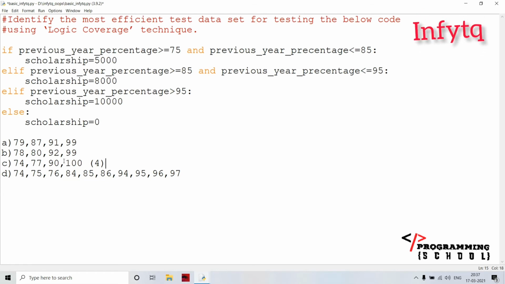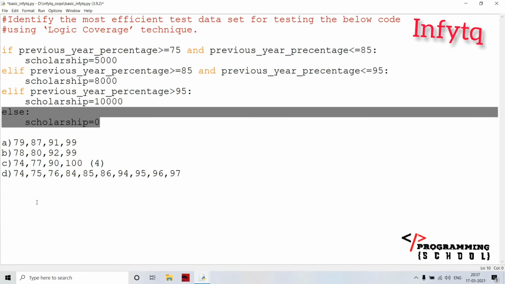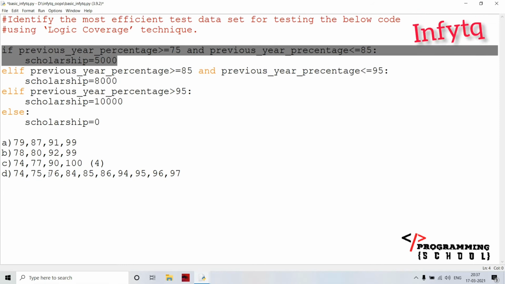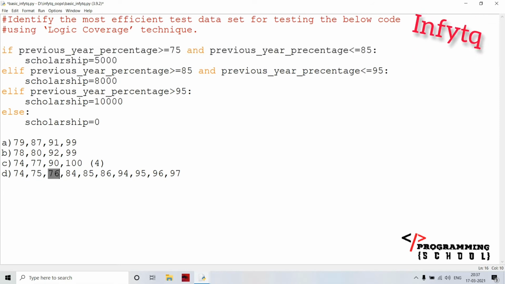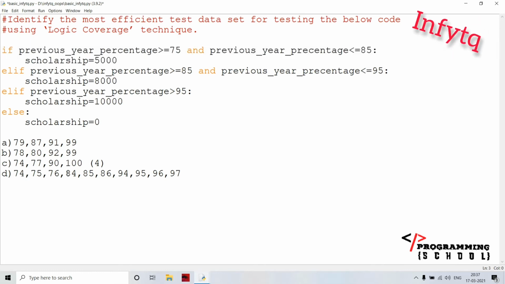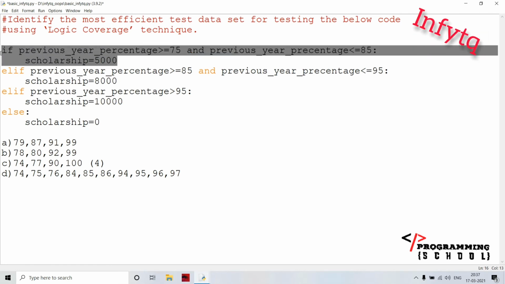Okay, now moving on to the next one. With 74, I am going to check the else part. Okay, with 75, I am going to check this case. With 76 also I am going to test this case. And 84, 84 also I am going to check with this test case.